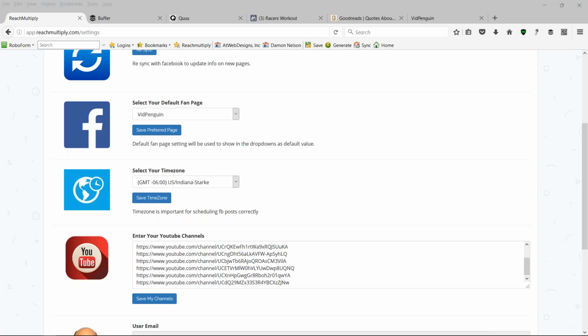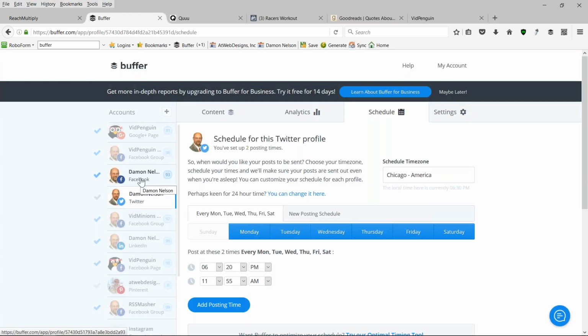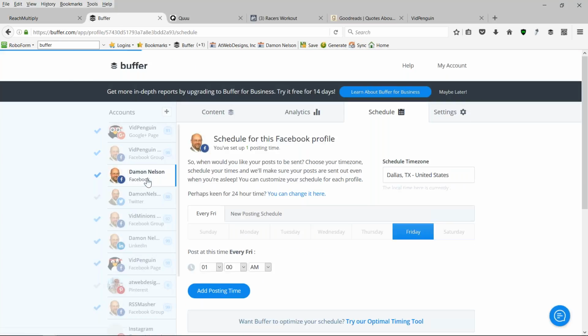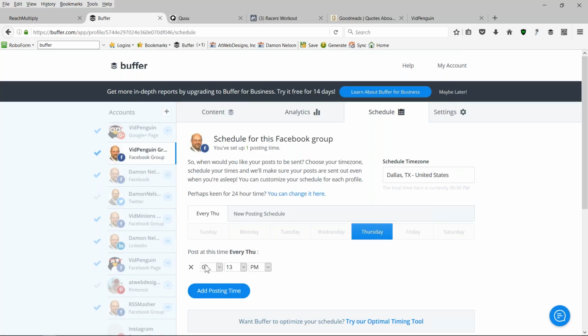Can you review why you use Buffer, unless it's in the PDF? Scott, here's what I use with Buffer: I fill up Buffer, and I set it on certain schedules, and each of my accounts are on different time schedules. They go off at different times. Like this Facebook is 12:30 on Fridays. This Facebook group is Thursday at 4:13. And what I'll do is Q is feeding all these. So I'll go in and delete a few of them in the mix itself,